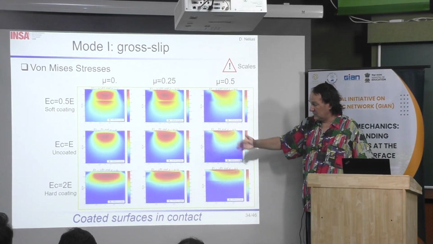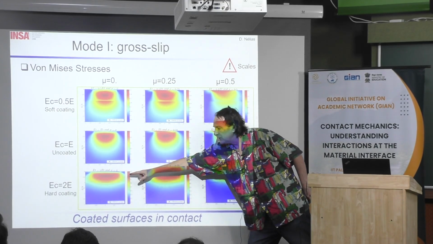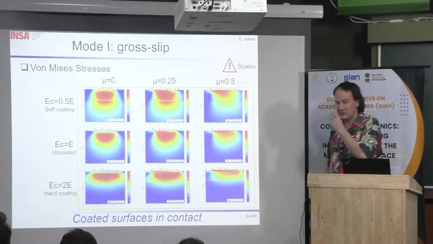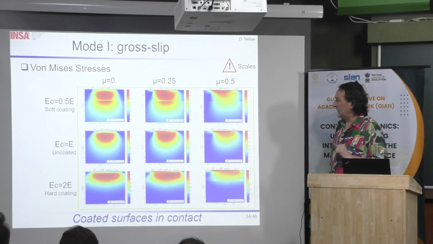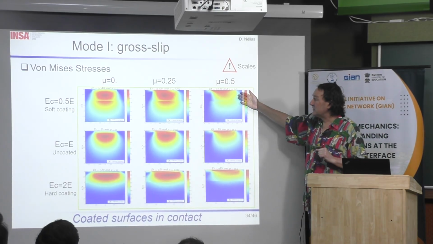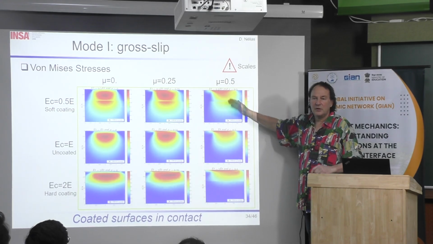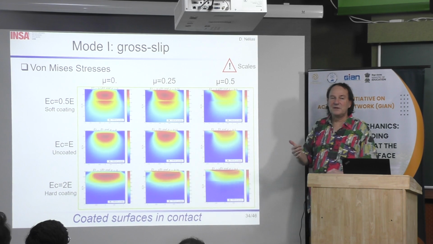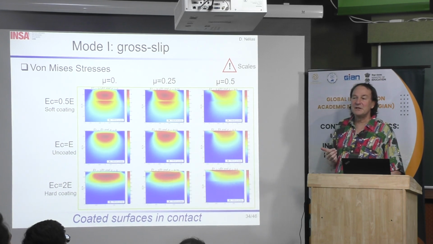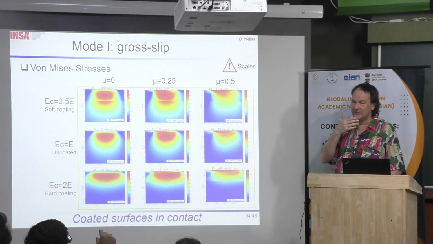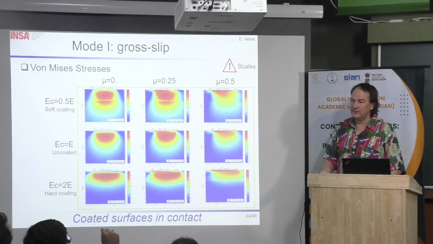What you can observe is that when you have a hard coating, the stress is localized within the coating. Yes, at the surface or within the coating. And when you have a soft coating, the stress propagates within the substrate. In this configuration, now, what is the optimum thickness for the coating? I don't know if you already think about that. It should be more than the depth of the maximum contact pressure that happens in the substrate.